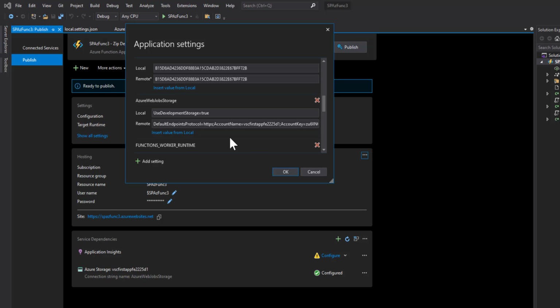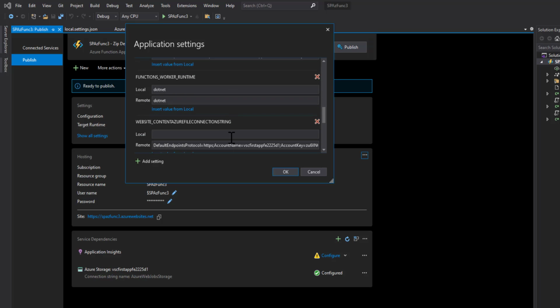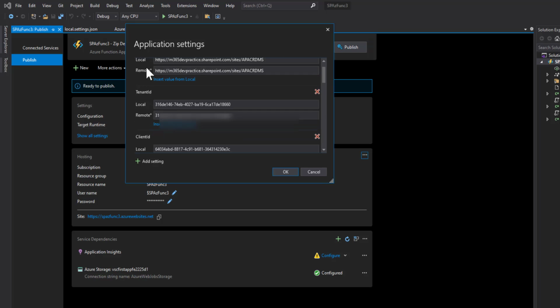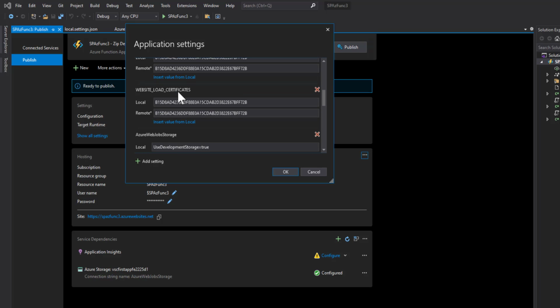It should be an Azure storage account. It cannot be a local development one. Other settings you can leave as they are. We just need to update the site URL, tenant ID, client ID, certificate thumbprint, and website load certificates. In case you have any other settings that are not listed, you can also click add setting, and then click add.